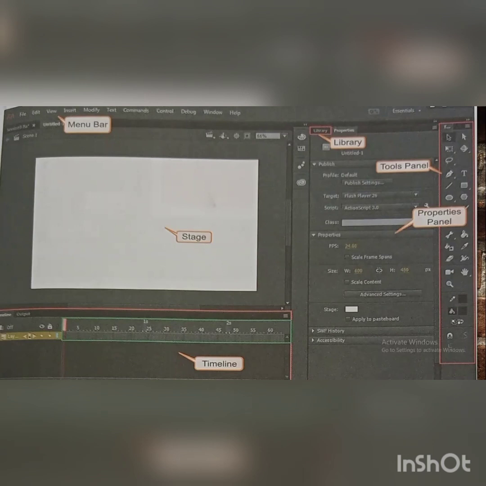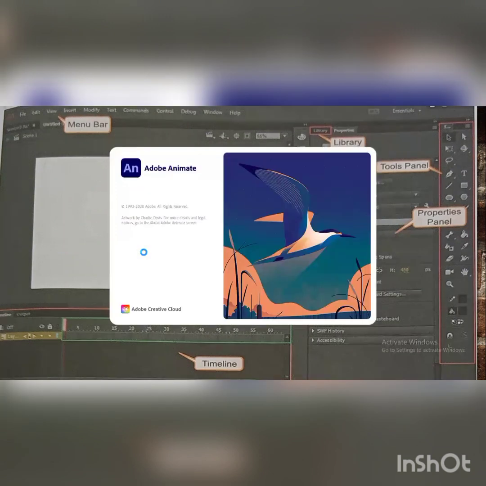In place of Adobe Animate, you can use Adobe Flash also. That is also a multimedia software that is used to create animation. So you can install that software also. When you click on Adobe Animate, you can look at here, now this software is opening.